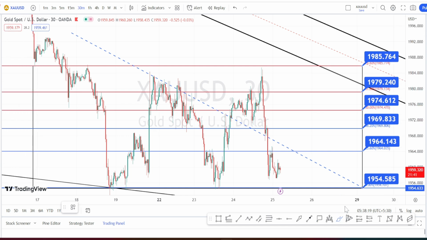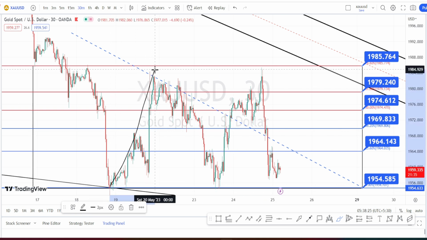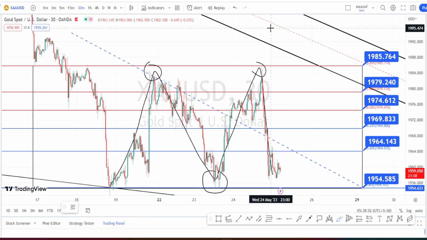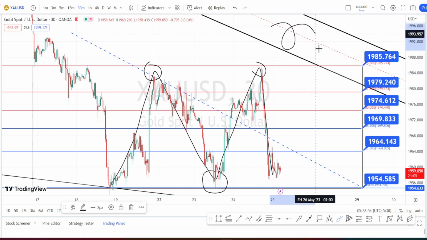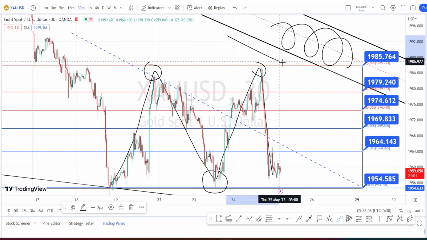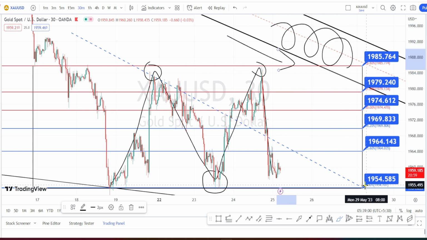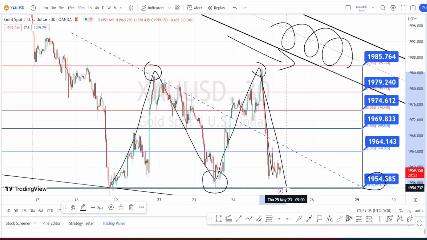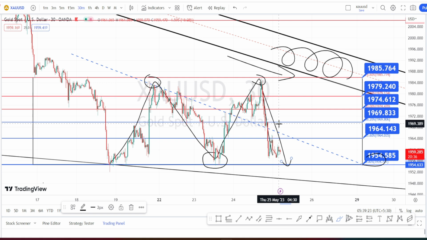I am in 30 minutes time frame now. As we explained in the hourly time frame, currently the price action is trading on a sideways momentum within the rectangle pattern, and the overall trend of the price action from the higher time frame, which is 4 hours time frame, is on a bearish trend, but we are finding a very strong support around the support level of 1954.